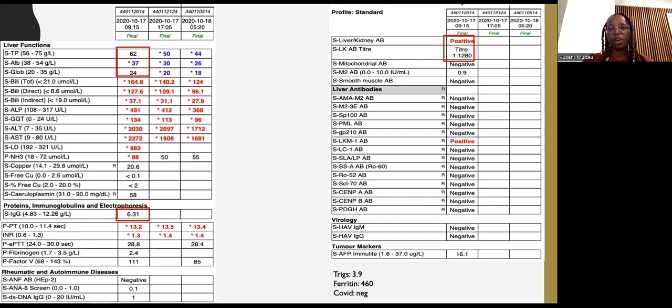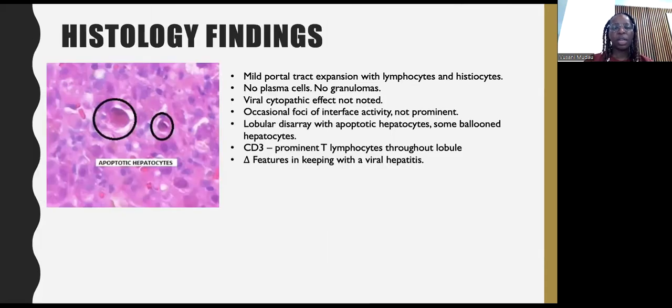But also of note, with this very elevated autoantibody, which is suggestive of autoimmune hepatitis type 2, we looked at the rest of her liver function test and actually noted that her globulin gap was not elevated and her total immunoglobulins were also not raised. So we also proceeded on to do a liver biopsy for her, which at the time they had said that